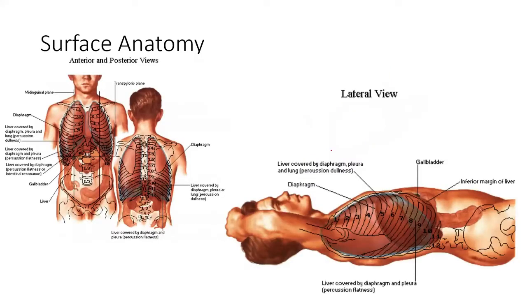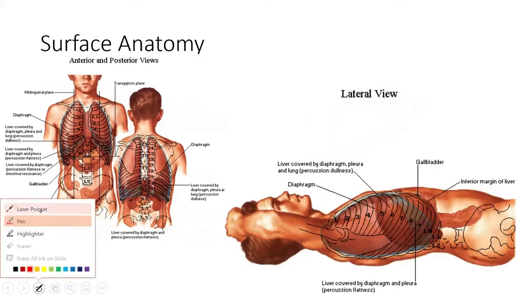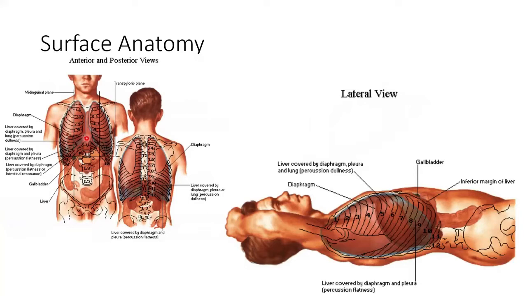Okay, so here are some diagrams. You can see here the xiphisternal joint, the fifth intercostal space, and on this side, the fifth rib. From this side, it extends from the 7th to the 11th ribs. And in this middle area, you have around a hand's breadth extending below the xiphisternum, and it follows the costal margin.